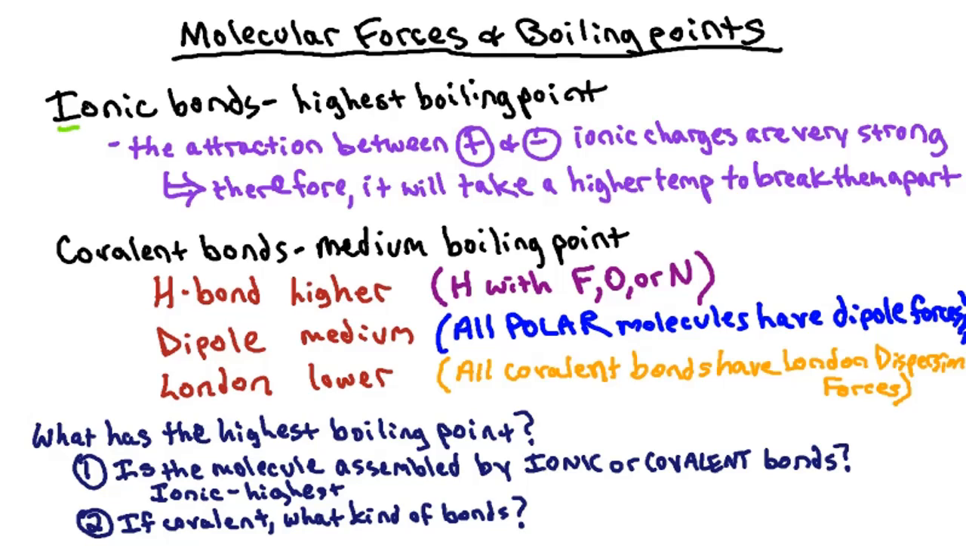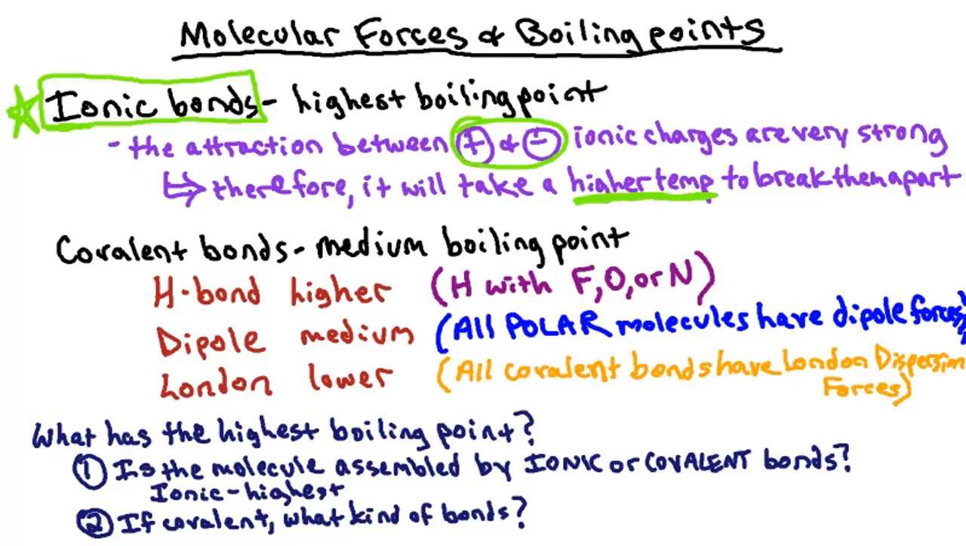Ionic bonds are going to have the highest boiling point. The attraction between the positive and negative ionic charges are so strong that it takes a whole lot of energy, meaning a higher temperature, to break those bonds apart and to separate the ions from each other, and therefore to turn a liquid into a gas, to boil the liquid until it's a vapor. So ionic bonds have the highest boiling point. So if you have to choose between a molecule made of ionic bonds and a molecule made of covalent bonds,